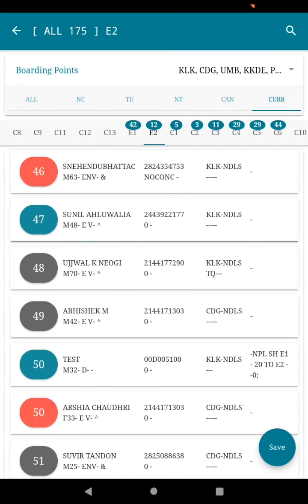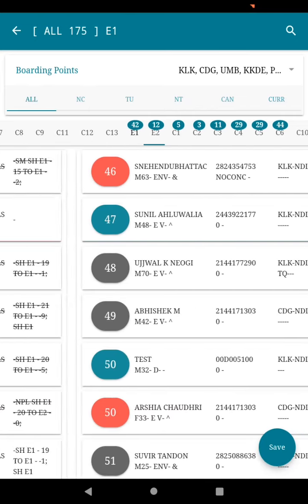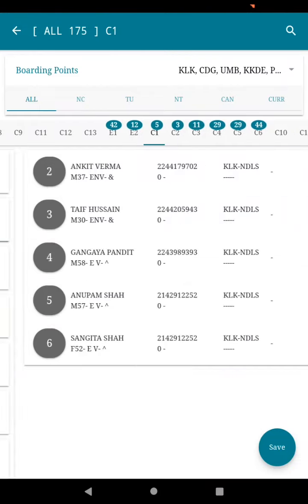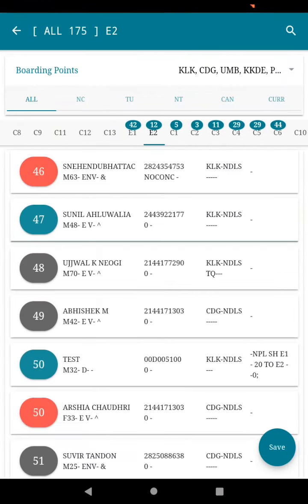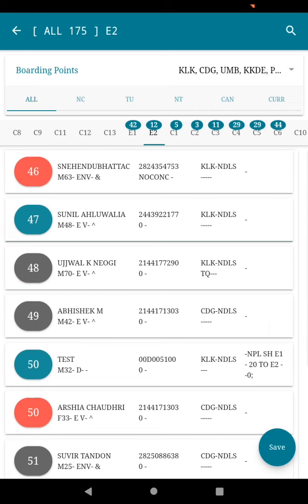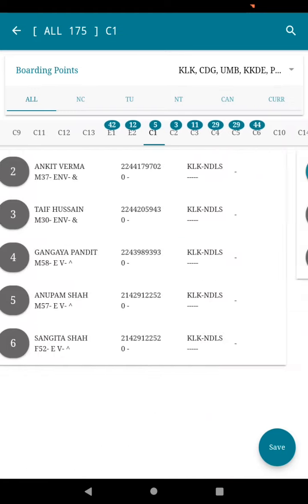Just check all mode. Okay, now you can view everything in every coach, but you can mark turned up or not turned up only when it is your assigned coach. If it is your assigned coach, E2 for example, E2 is my assigned coach, I can check this 48 as traveling. See, it turned green. I can mark it as not traveling. Okay, I can even erase this. Okay, now this is the way we can